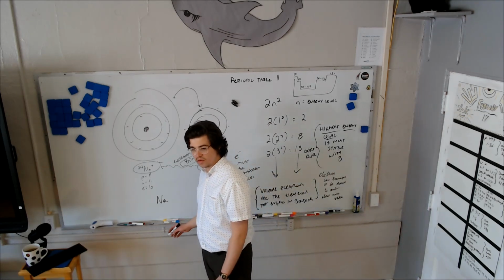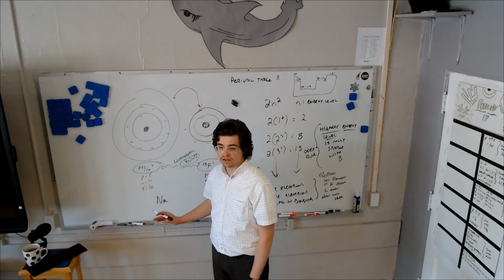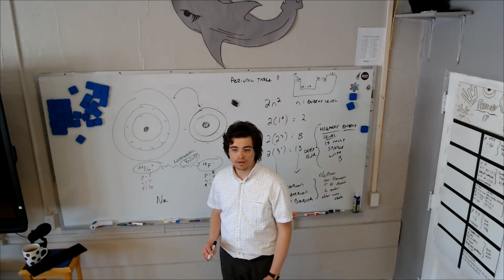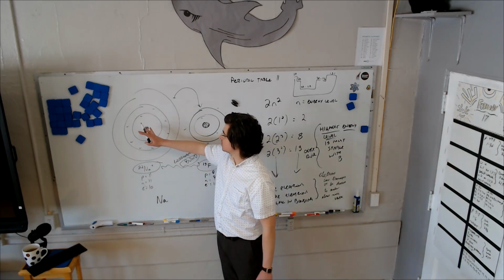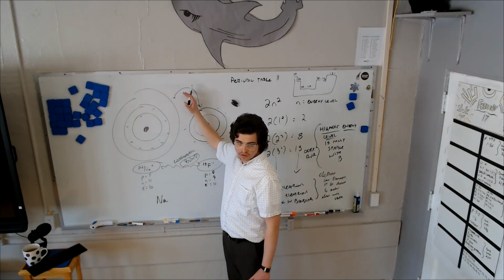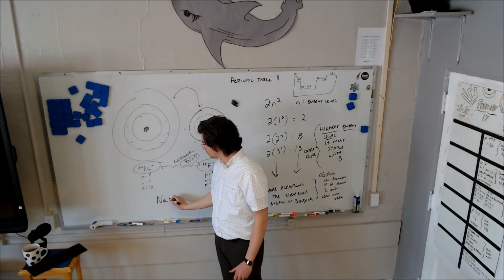How many should I put with the sodium here? Back before it was 9. 11. No, nope, valence electrons only. And how can I tell? 1. Just one. Right. I'm sorry, Wyatt. Once again, I'm before it transferred its electron. So when it's normally just an atom, it has one valence electron.